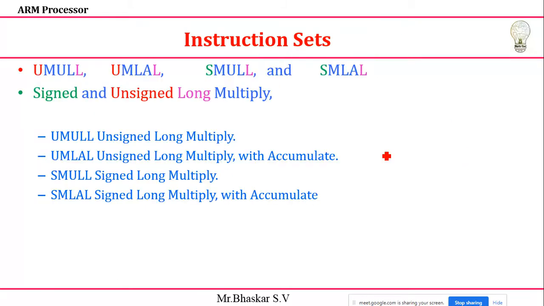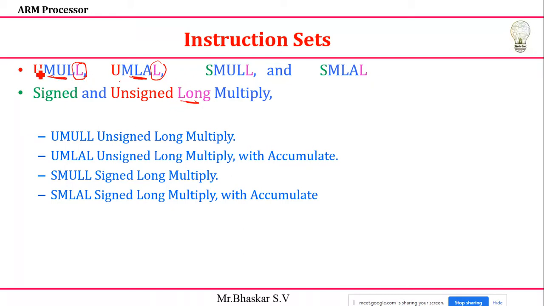That is very important. You can see this is the MUL instruction we discussed. This is MUL and this is MLA. So I'm going to use U, and at the end I'm going to use one extra L. L is nothing but long. If you give L here, then the system will understand that you're doing a long operation, meaning more than 32-bit results.